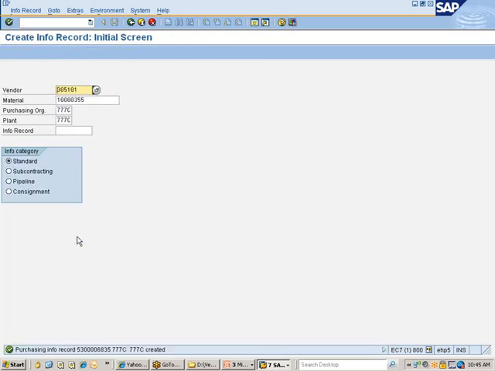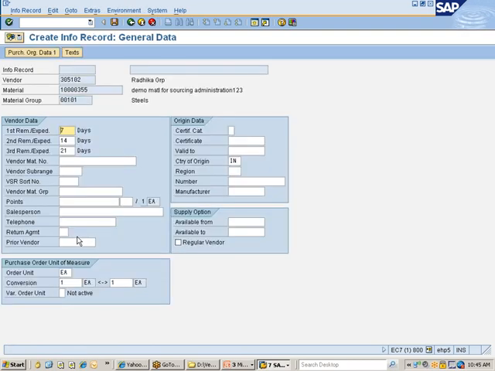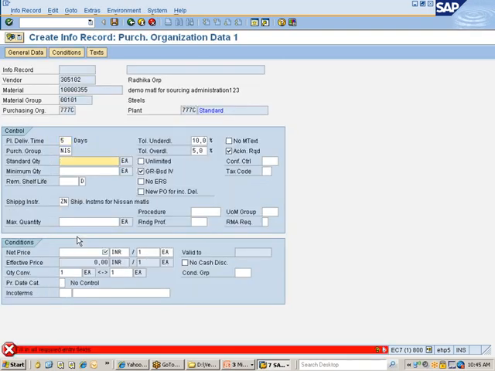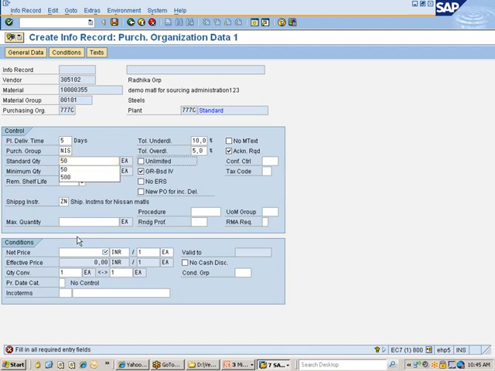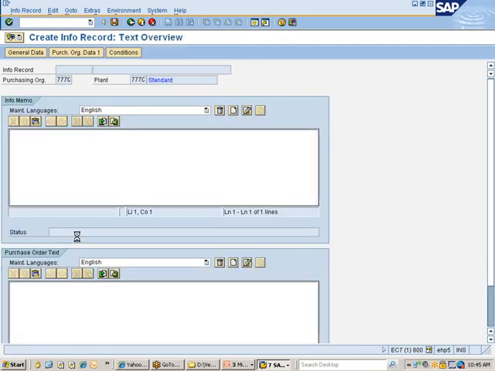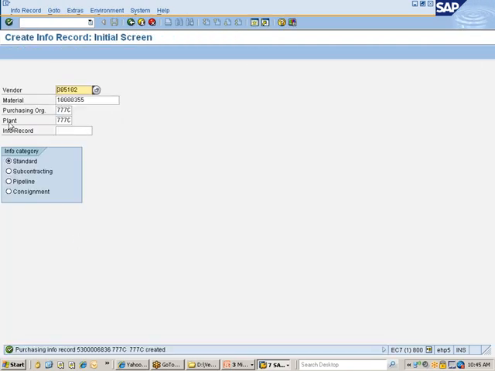Just go and save it, and I will have one more vendor, quantity of 50 and price of 9. Okay, now